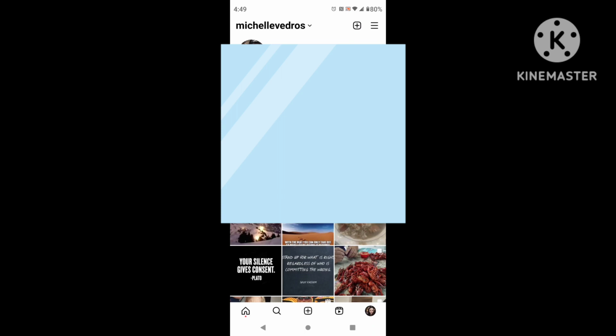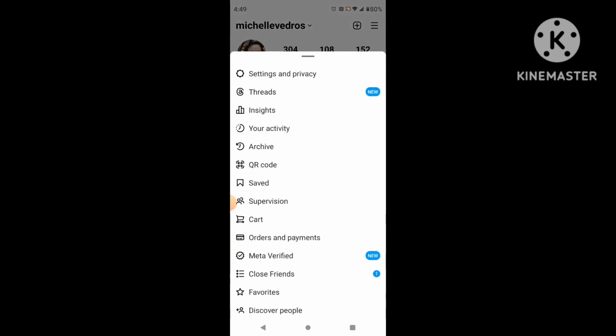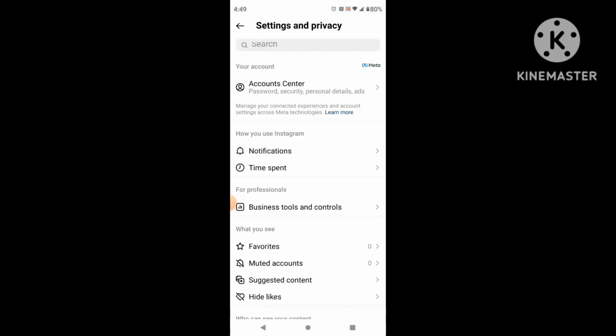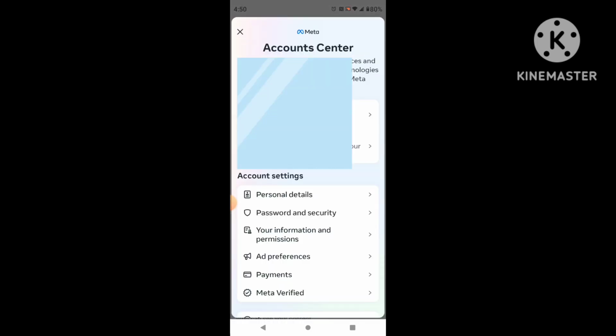And you look at the top right where the three lines are. You hit the three lines at the top right, and you're going to see at the top it says settings and privacy. You hit that, and then you see at the top it says account center. You hit that, and it's going to bring you to